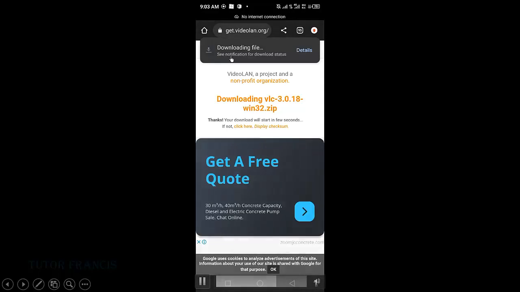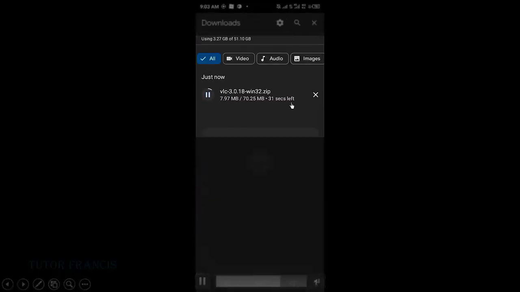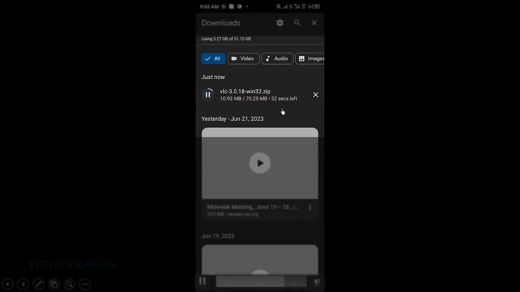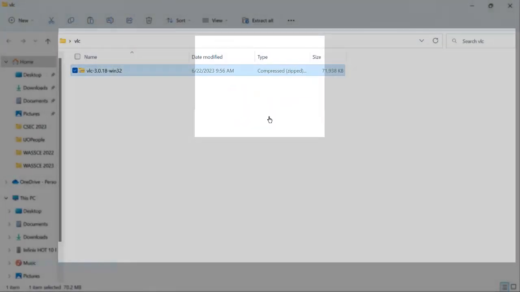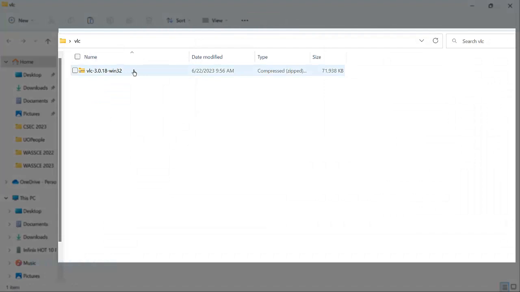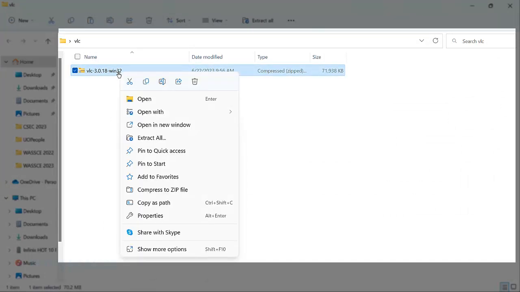So you can see that downloading file. You can check the details. So after I finish downloading, go to the folder. So inside this folder, you see that it's a zip file. So just right click on it and